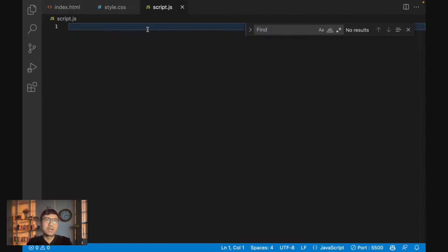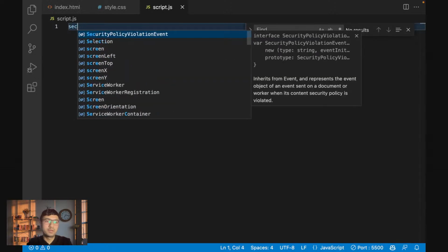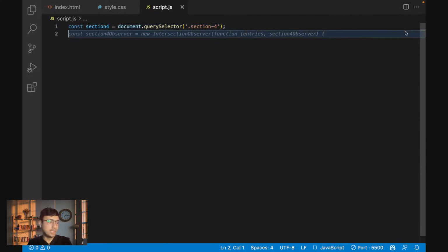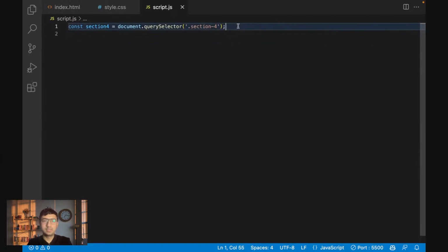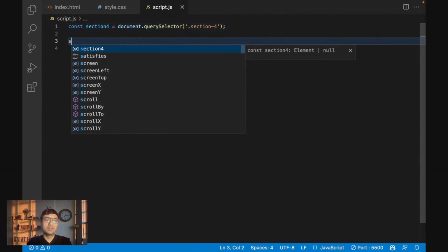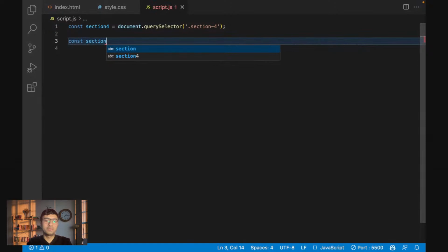So first of all, let's start with section 4, right? So inside JavaScript, the first thing that we want is section 4, correct? So we are going to have this section 4 like this. This is the section 4 that we have just added. After that, this is how we can get the element, query selector element like this. Section 4 we are getting, right? Then we want the const to be section 4